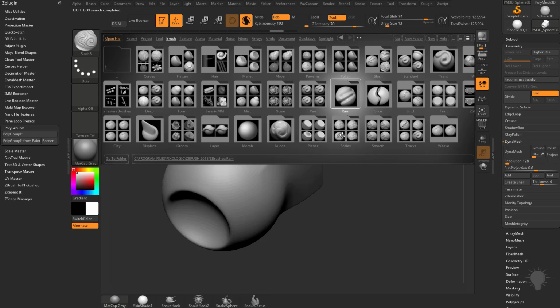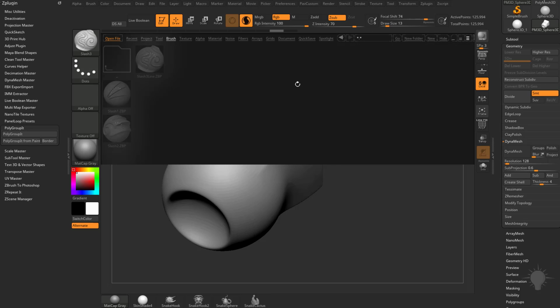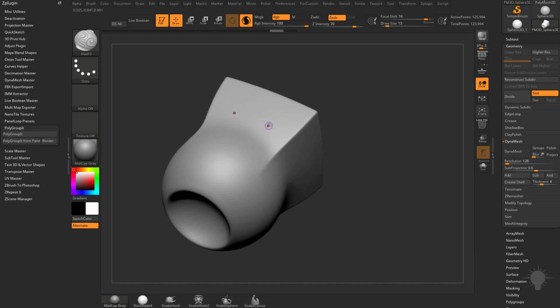Anyways, what I'm meaning to get at is the Ram brush is pretty good for cutting and chisel stuff too. The slash brush, we're using /3, but you also notice in this menu we also have /1 and /2 that are other interesting brushes here. So you can grab those if you want. But here's the /3 in work.